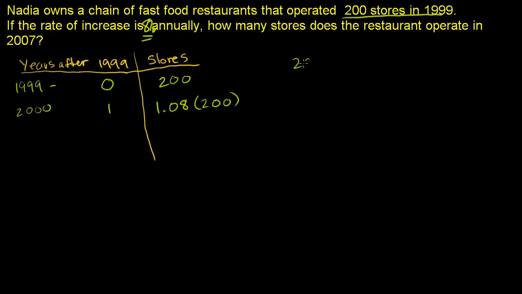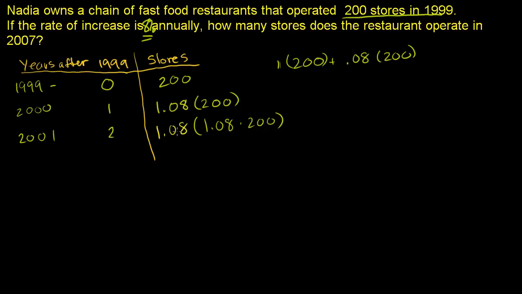Let me make that clear. 200 plus 0.08 times 200. Well, this is just 1 times 200 plus 0.08 times 200. That's 1.08 times 200. Then in 2001, what's going on? This is now 2 years after 1999. You're going to grow 8% from this number. So you're going to multiply 1.08 times that number, times 1.08 times 200. I think you get the general gist. After n years after 1999,